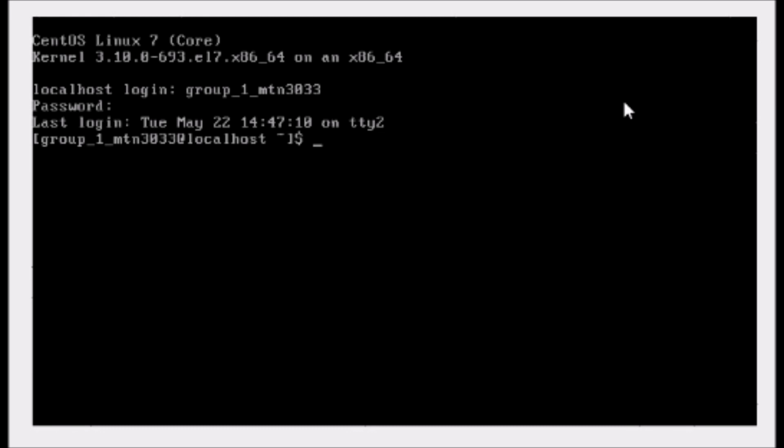Project 4.7. In this video, I will show you how to apply and modify access permissions on files and directories and test their effect. First of all,